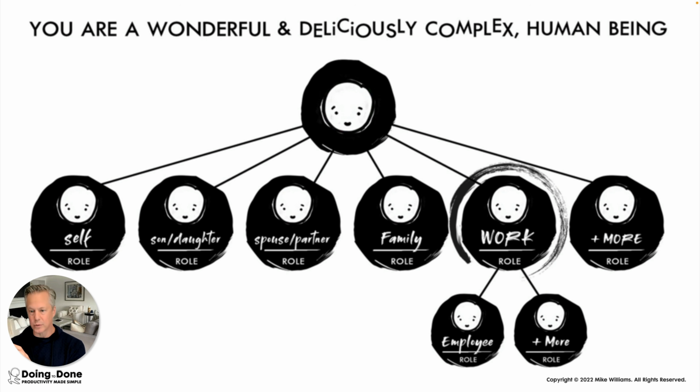You might have work roles. You might be an entrepreneur. You might have business 1, business 2, business 3. You might be a dancer, a videographer, a DJ, a birder, a citizen scientist. All these different roles are so beautiful, and we all have them. The key is, have you defined them? Do you own them? Do you know them?